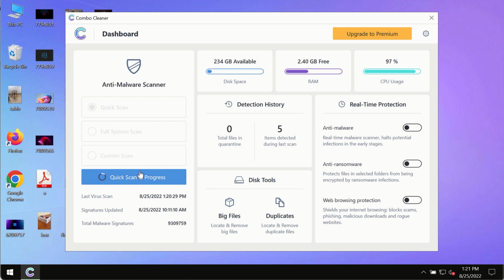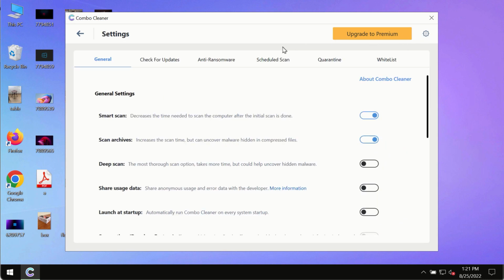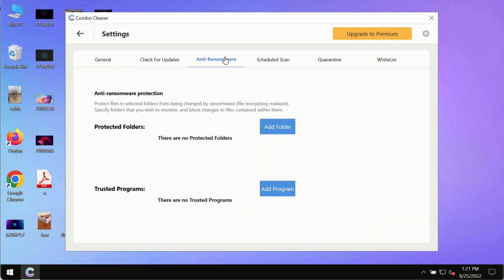trial mode. The program most likely will first of all update its anti-malware database, and of course this is crucial for proper detection and removal of any malware, ransomware, adware or other infections. While the scanning by Combo Cleaner is taking place, please pay attention to several features in Combo Cleaner such as anti-ransomware. This feature, for instance, helps you add several folders that will always be protected against ransomware